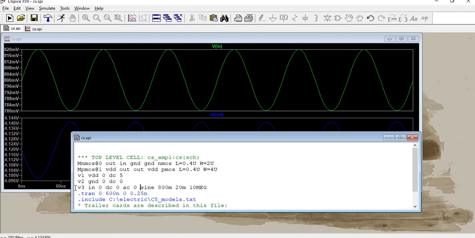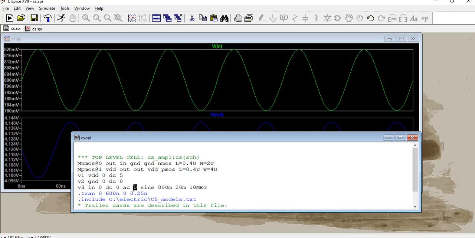So this line indicates IN stands for the input, 0 is the initial value with respect to DC, and this 0 stands for the DC content that is present in the sine waveform is 0. So that means there is no DC component, and AC indicates the waveform I am going to take is an AC wave. Sine indicates the nature of the waveform, it is sinusoidal in nature.